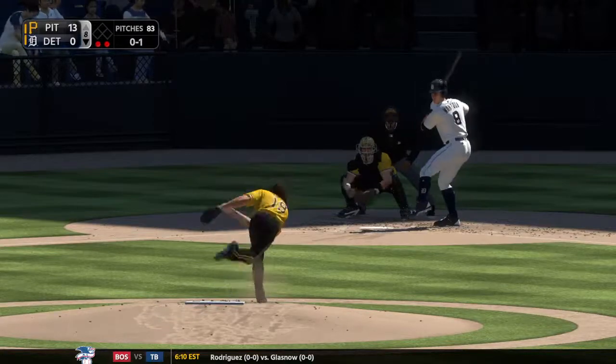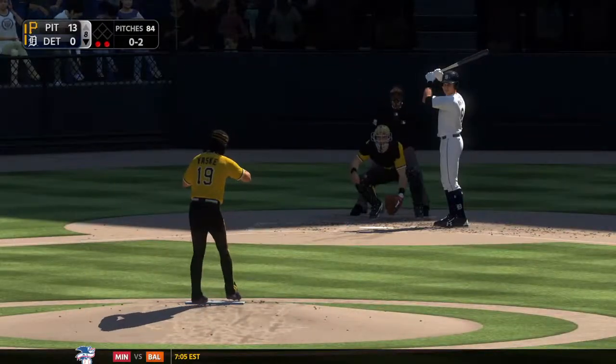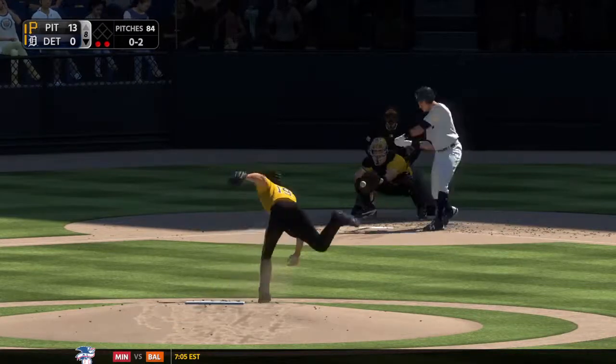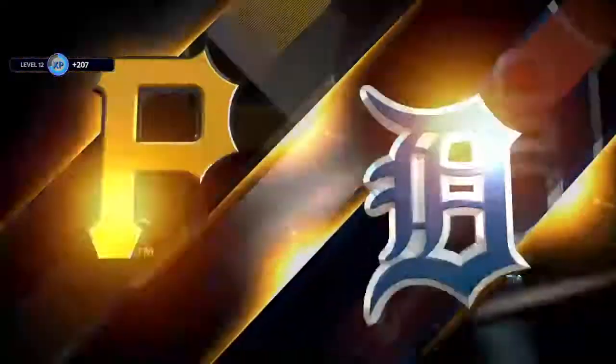The windup and the 0-1. Right on the corner, a fastball that he takes for a strike. Strike 3. 19 strikeouts for him now. Down in order go the Tigers. Still looking up at a...